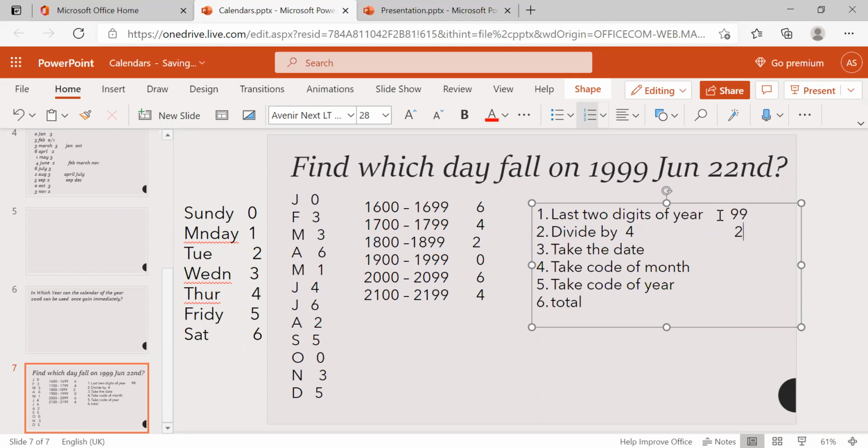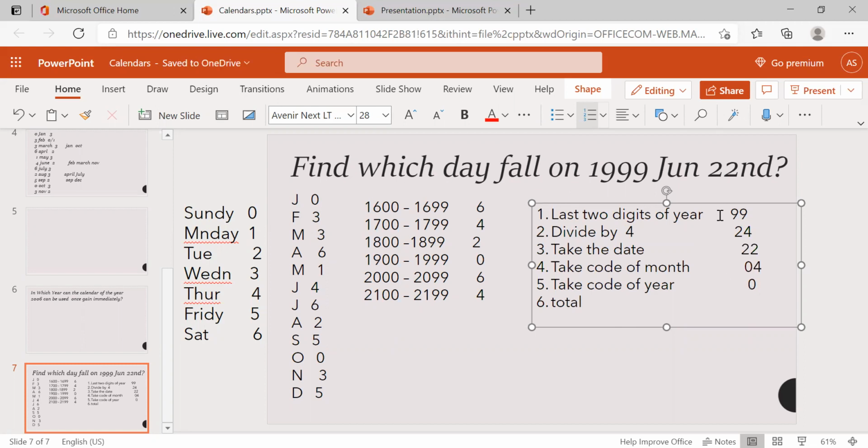It will give 24, right? 24 is the quotient. Then take the date. What's the date here? 22. And the month code. June is nothing but 4. And take the year code. The year is 1999, in 1900 to 1999, it's nothing but 0.